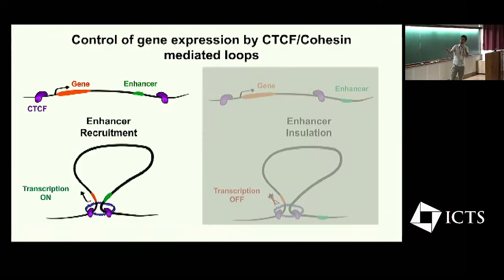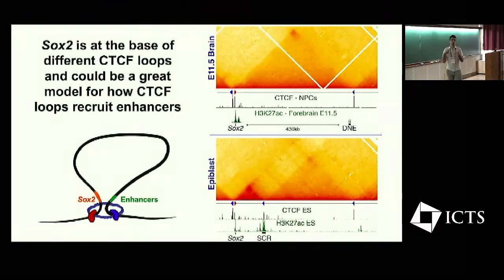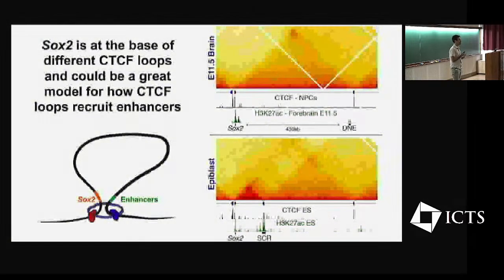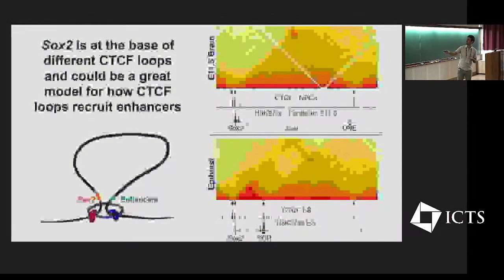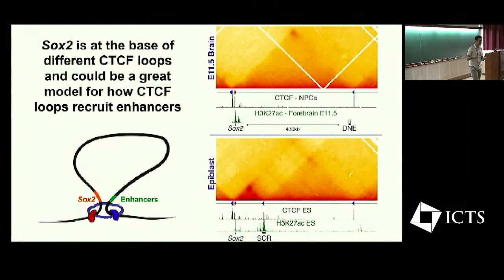So we spoke here about the enhancer insulation role of CTCF. Let's mention briefly the role of CTCF in recruiting enhancers. SOX2 could be the perfect example of how CTCF is used for this, because as you can see, CTCF binds just upstream of SOX2. CTCF anchors tissue-specific interactions with enhancers that drive expression of SOX2 in these different cells. So for example, in neural tissues, you have CTCF binding here, you have this distal neural element, you have a nice interaction over there. In the epiblast, what we've been talking about, this interaction over here seems to be anchored